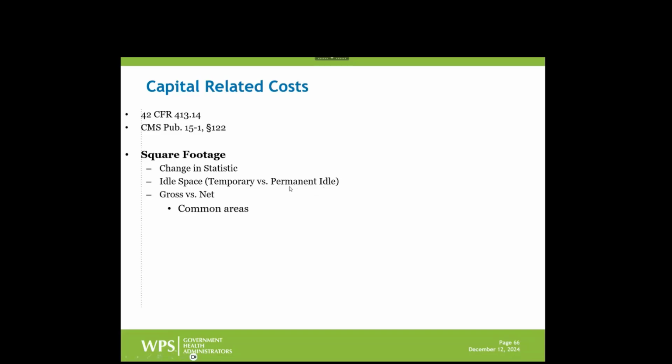For the current cost report, if that's out of service and it's other than temporary, that is going to be reclassed to a non-reimbursable cost center because it's not being used for patient care purposes. It's just sitting there. So the cost has to be carved out, and it's done through a reclass to a non-reimbursable cost center so that cost can step down and get carved out of the cost report.